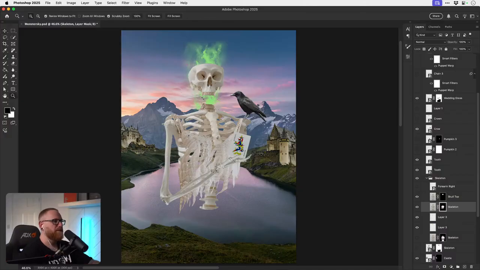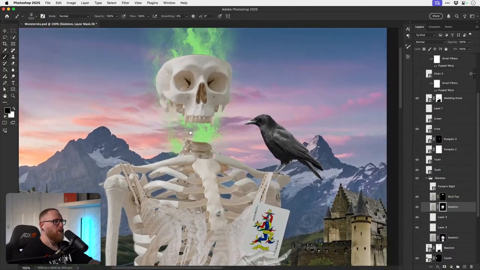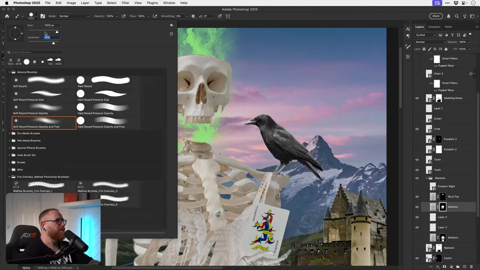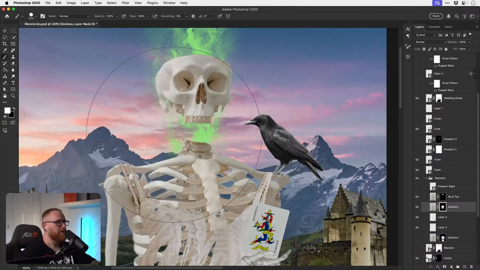Or, what might be better, is we give him his jaw back, and we just do fire inside. So where's his little jaw? Maybe we give him a custom jaw. There we go. Just a little jaw like that.